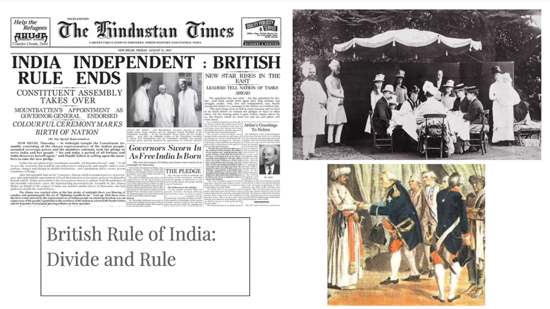So the British started creating communal tensions. They polarized the population. Obviously, this wasn't done overnight. It was a very gradual process, but because it was so gradual, it slowly infected almost everyone in India. And it caused a lot of mutual distrust between Hindus and Muslims, because the British played the role of the